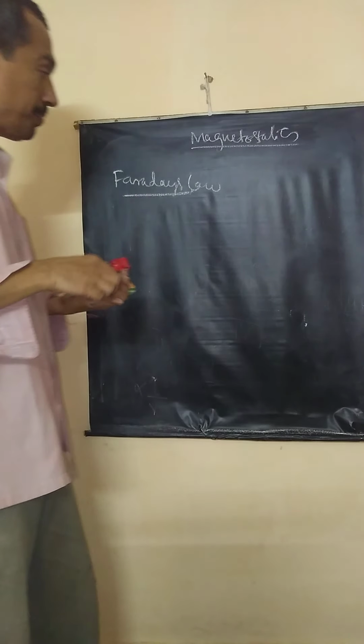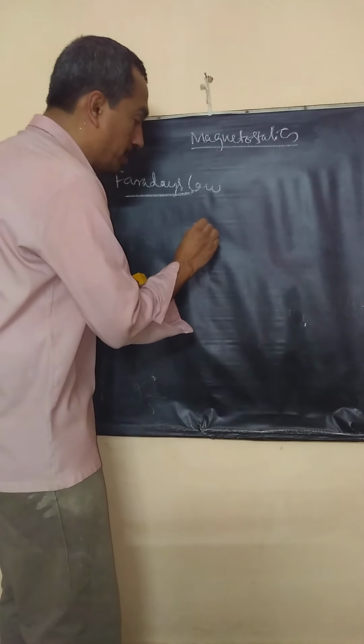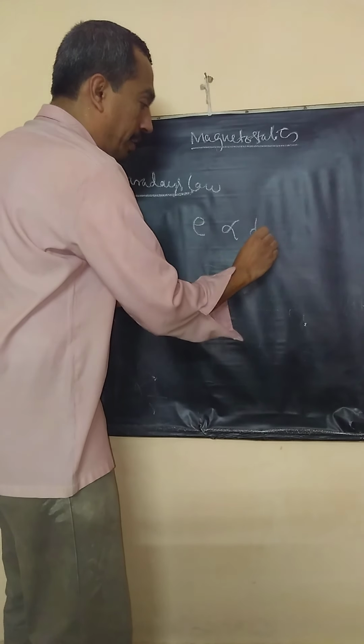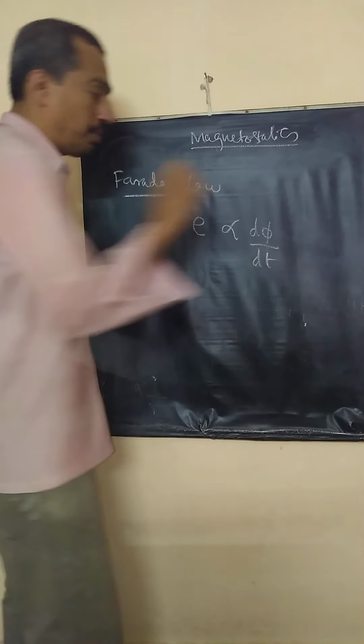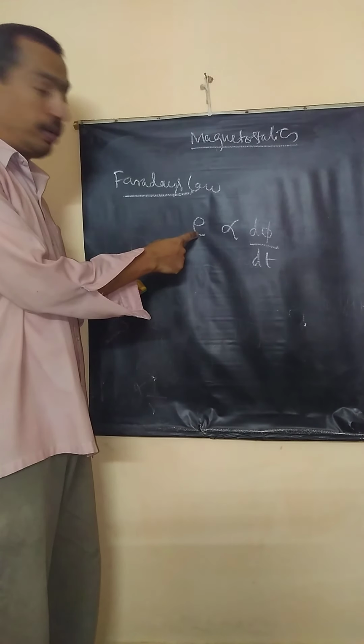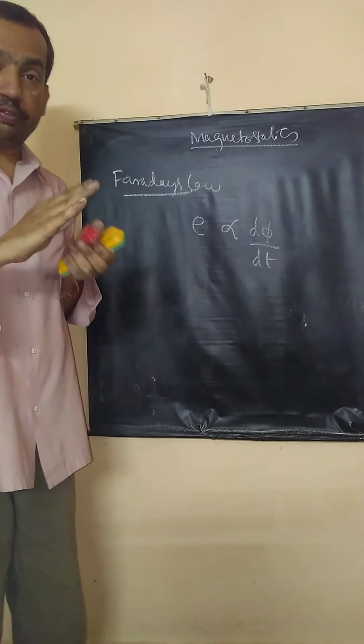So what is Faraday's law? An EMF is induced in a conductor due to the rate of change of magnetic flux linking with the coil. This is Faraday's law. And voltage is induced in a coil due to rate of change of magnetic flux linking with the coil. Now, how do you represent voltage? You know, in electrostatics, voltage is E dot dl, work done, correct? This is equal to the rate of change of magnetic flux.